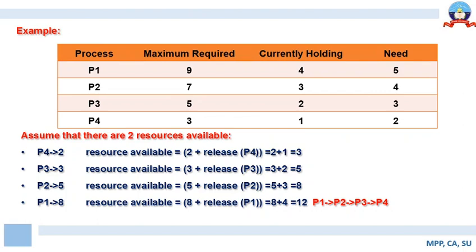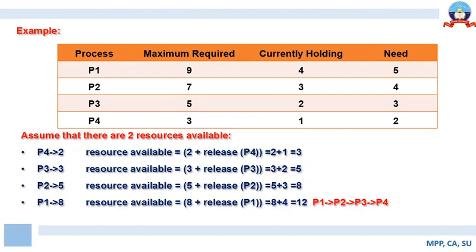having completed their execution, and we are left with 1 process, that is P1. So now as we see, with 8 instances of resources we can satisfy the requirement of P1. So now P1 will complete its execution. So now all the resource set will be freed. So it will be 8 plus 4. So 8 plus 4 is equal to 12. So we have 12 instances of resource available free that can be used by some other process, and we have successfully executed all the processes, P1, P2, P3, P4,